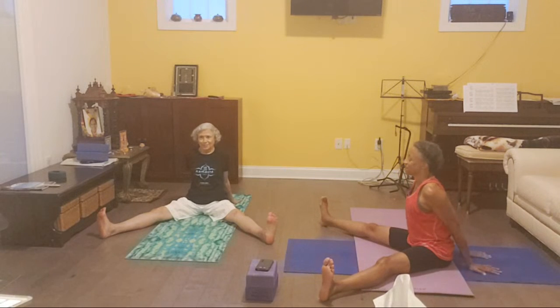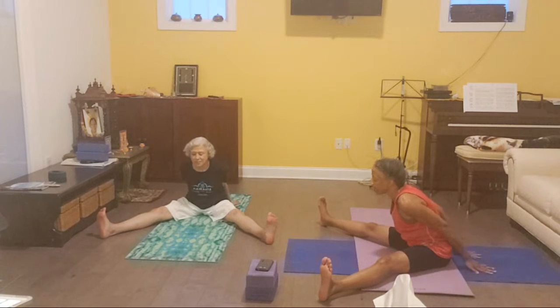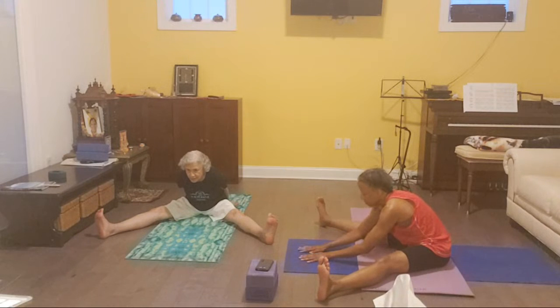Inhale and exhale gently coming forward, tilting your torso over the floor in front of you. Slowly inhaling and exhaling as you come down. Using your hands to help guide you. And if you're far enough forward, you can bring your hands in front